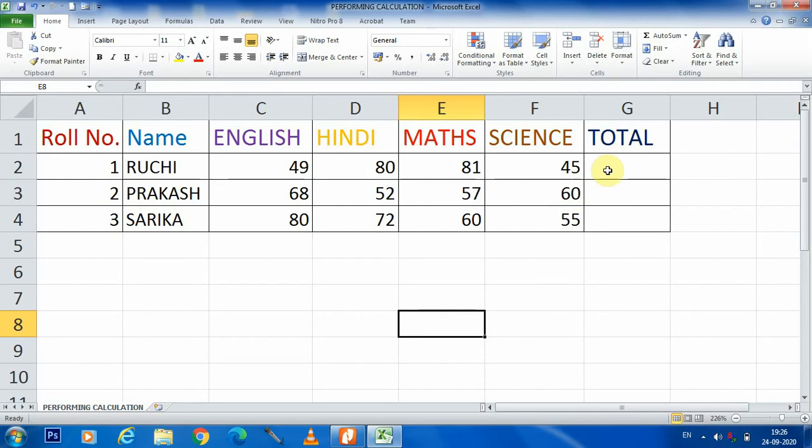a specific student. For that we are going to the target cell where we want to get the addition. So we will need the addition in the total column. Okay students, so first we are going to add the total marks of Ruchi. Ruchi has got 49, 80, 81, 45. So now we are going to start calculation